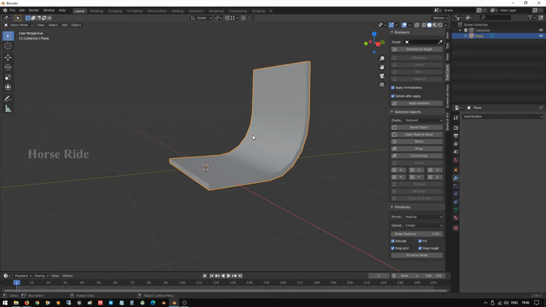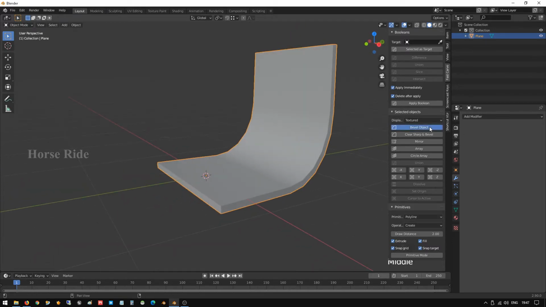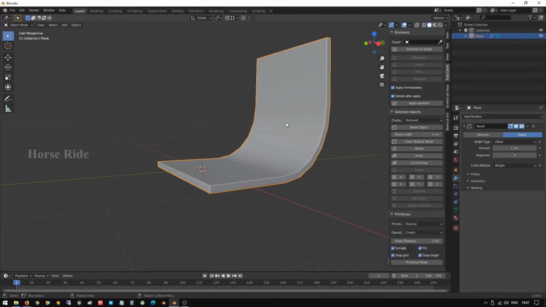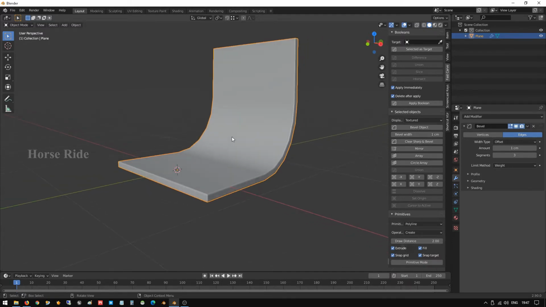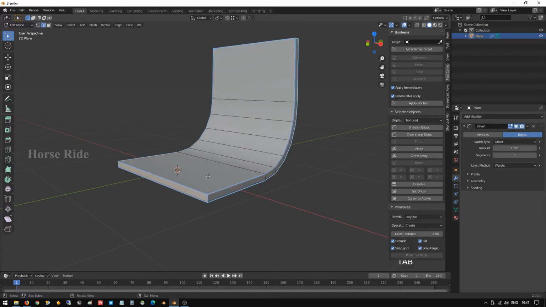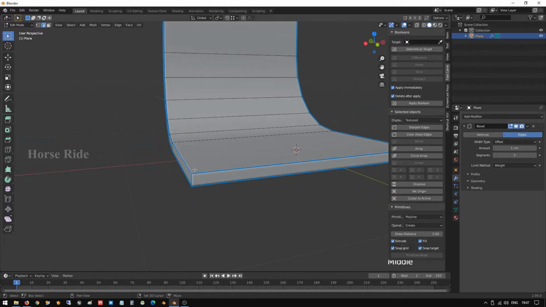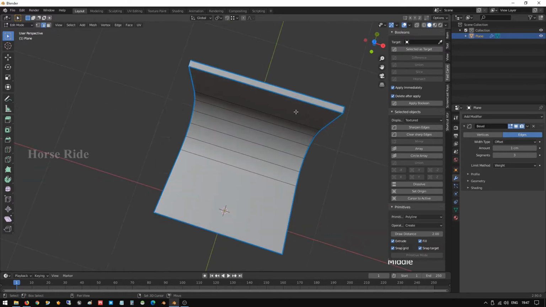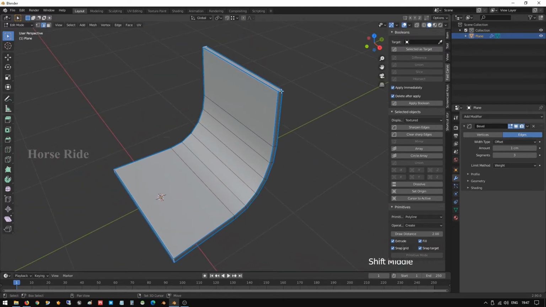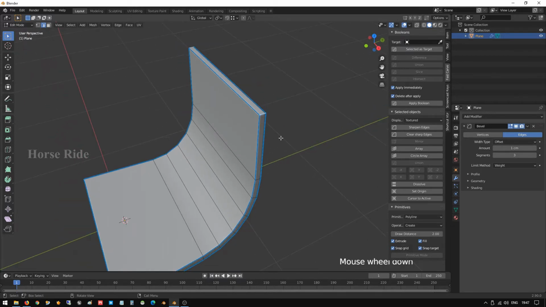So with this option we are going to bevel the corners. So bevel the object. Now it's beveled, and we are going to unbevel particular places. Why it's required, I will show you. Here this corner is selected and it has become beveled. We don't want that, and we are going to do the bevel option here also to make the chair look nice. Control B again, and reduce it.